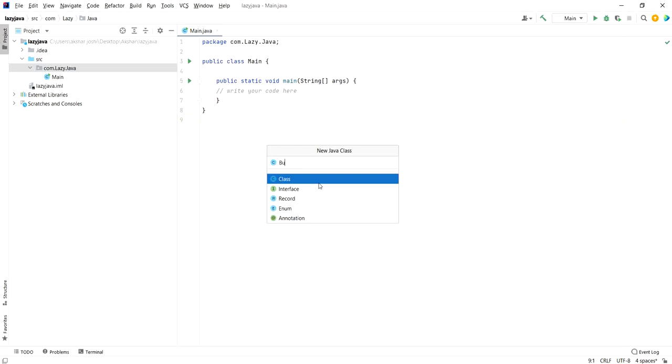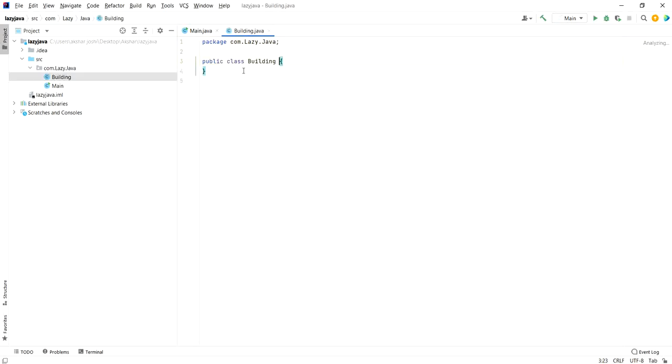Say that it's a building or something like that. So the IDE automatically gives you a class of building.